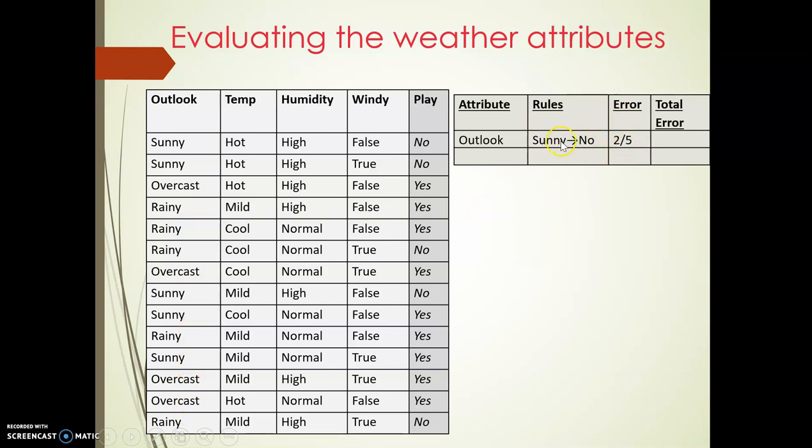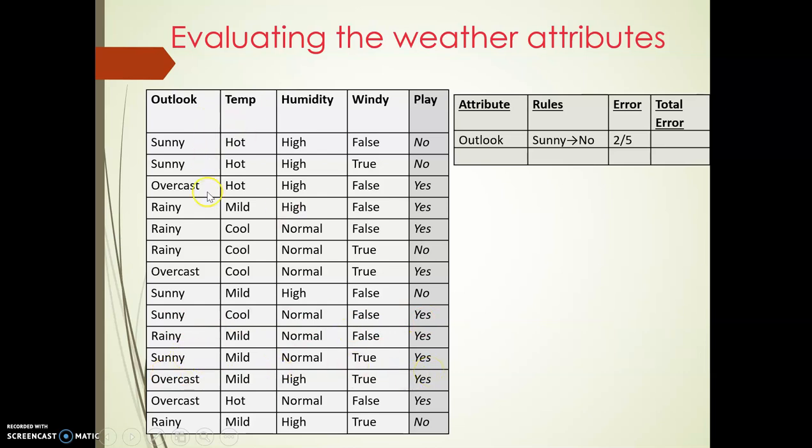First we'll take the first value, that is sunny. We'll count how many sunny values are present in this entire column. 1, 2, 3, 4 and 5. So there are 5 sunny values here. Observe what decision has been taken with only the sunny, do not compare with the rest of the columns. With the first sunny, the decision is no. The second sunny, the decision is no. And for the third, the decision is no. And for the fourth, the decision is yes. And for the fifth, the decision is yes.